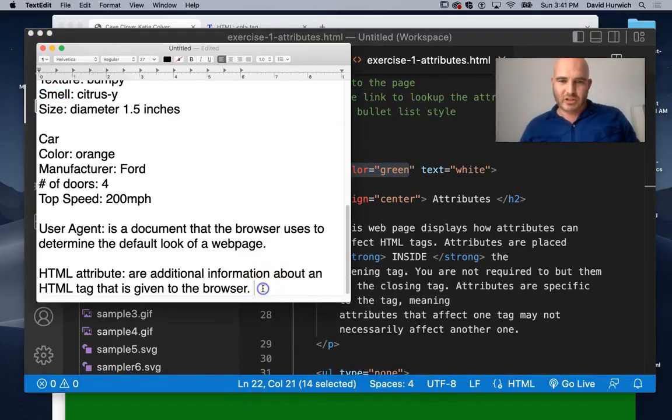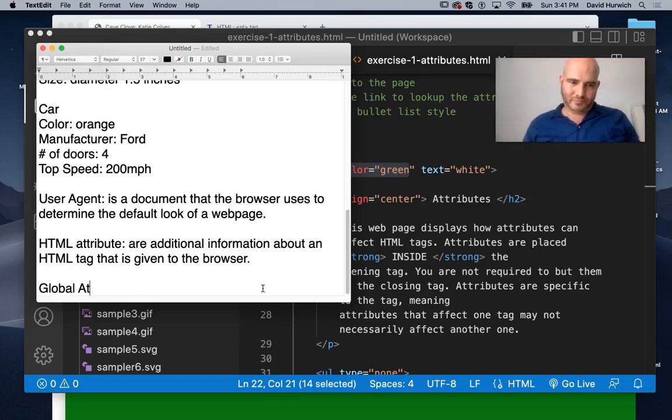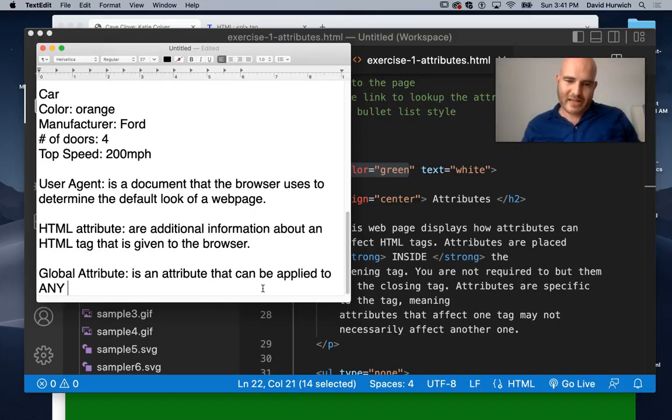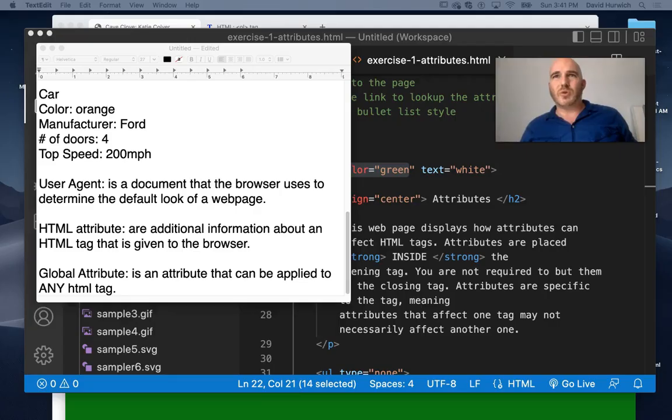There's something called a global attribute. A global attribute is an attribute that can be applied to any HTML tag. Okay, so there's a couple of HTML attributes that it doesn't matter what tag it is, you will always be able to